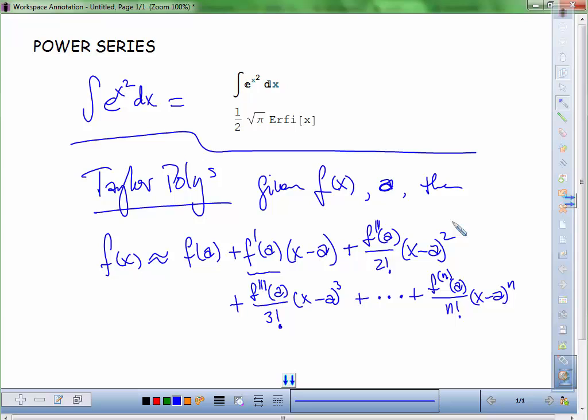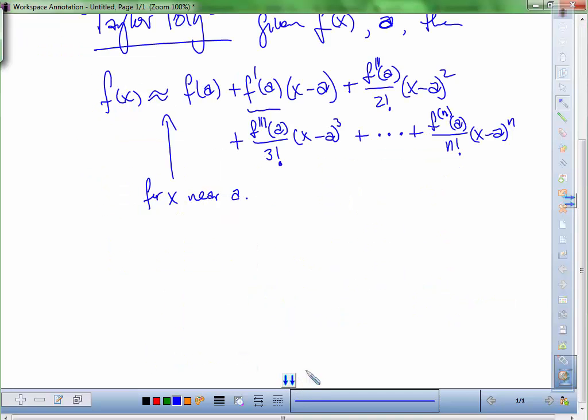Anyways, so this is a good approximation for x values near a, which means everything revolves around this a business. I should have had a graph of this ready in Mathematica, but I don't know how long it'll take me to program that real quick. So this is a Taylor polynomial. So with a Taylor polynomial like this, we can find polynomials for certain functions. Or before we do that, let's